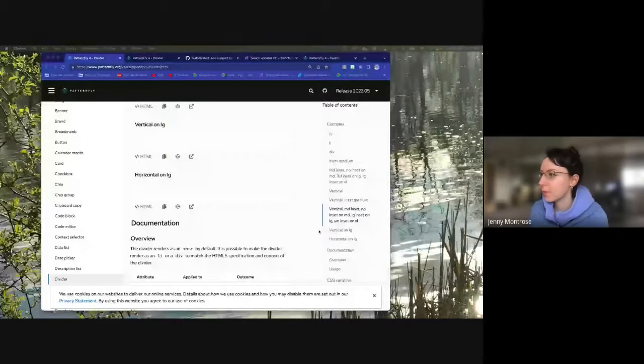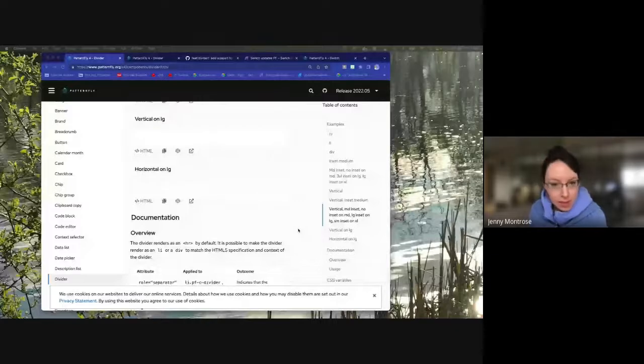Let me just share my screen. So, okay, I believe I am sharing now. There we go. Okay, so the first update is to the divider component. So this was sort of a collaborative effort between me, Michael Coker, and Matt Nolting, and we have added breakpoint support for divider to change form at various breakpoints. So we have this new variant here now. You see horizontal on large